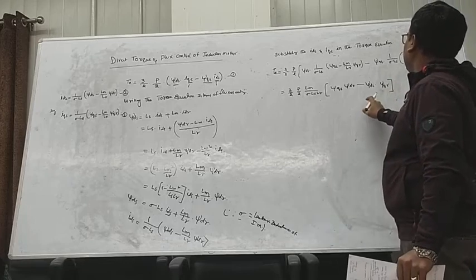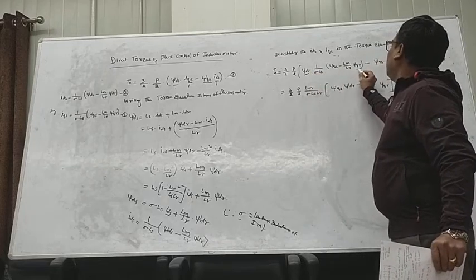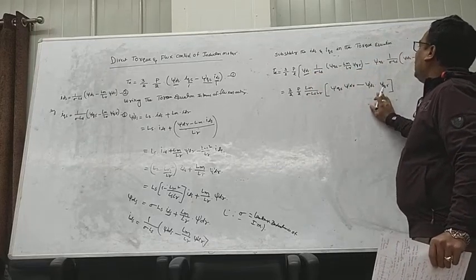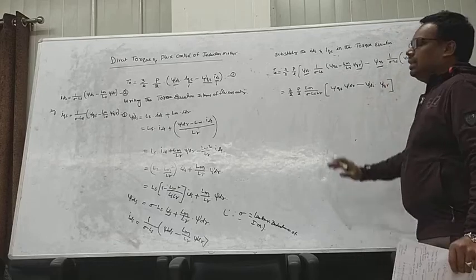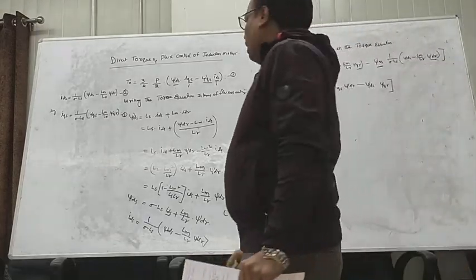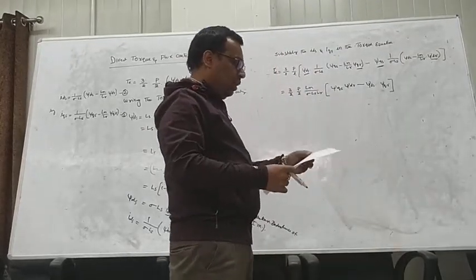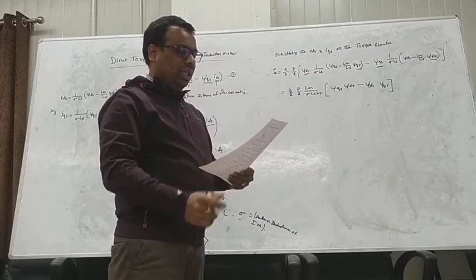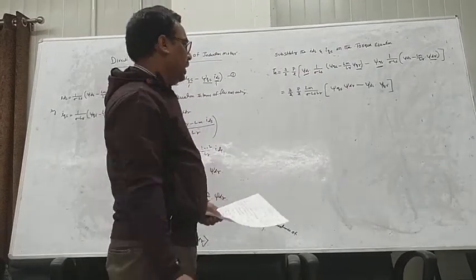So I am replacing this: psi ds and psi qr, and psi qs and psi dr. I am replacing this equation. So now again you need to write down what is the expression for psi ds value and psi qs value. I have clearly explained this, you try to understand.